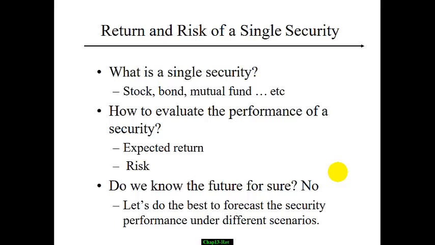Typically, investors care about two things: how much return we're going to get, and how much risk we have to take. Treasury bills are safe, low risk, and have low returns. Typically, to buy stocks and bonds, we know there's uncertainty, we know there's risk, because we don't know the future for sure. Maybe they're going to do well tomorrow, maybe they're going to do poorly tomorrow. Luckily, we have so many professionals devoted to forecasting the future economy for us.